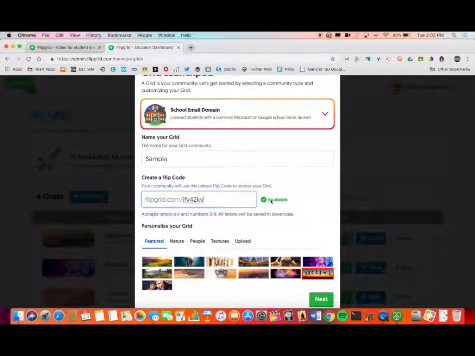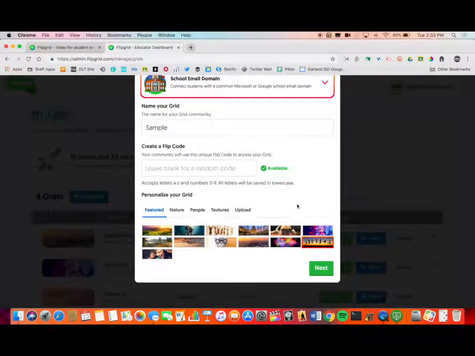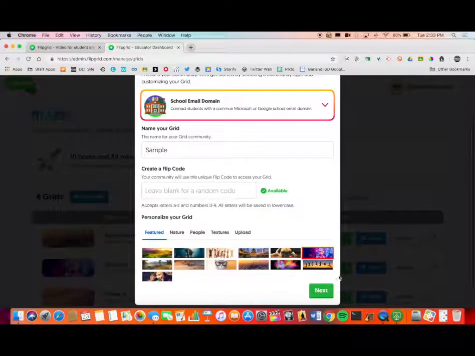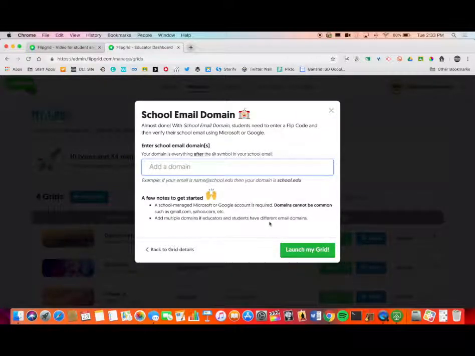However, if you use something very common, it's going to show that it's not available. So for example, the word sample is not going to be available. If you leave it blank, it'll pick a random code for you that you can share with students. It also allows you to select a picture for your background. Then you hit next. It's going to ask you for your domain, and we are at